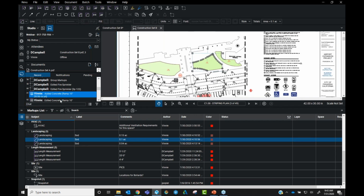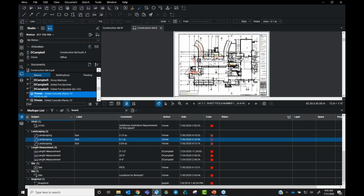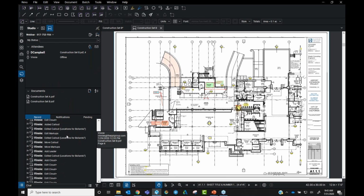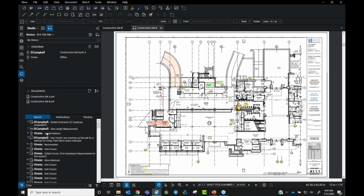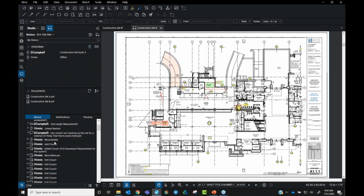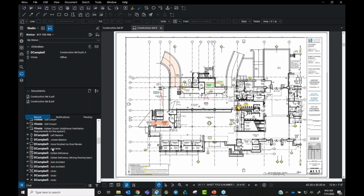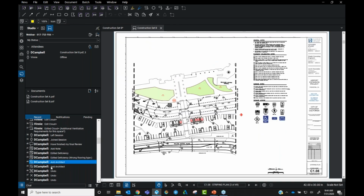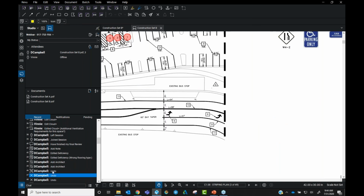So that's another beautiful thing, but we're also gonna have a full record. Now this record actually tracks all of the activity in the session, saying that anyone that comes in, anyone that goes out, what markups they place, where, what documents they've opened, it's all tracked right here in this record, okay? You'll also notice if I click on any of these, they are hyperlinked to the location of the comment